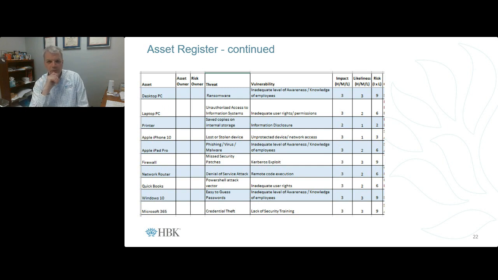But so again, the scale you use is up to you. I've seen a 3-scale risk with high, medium, and low. I've also seen a 5-scale risk where it's like high, medium, low. So it's up to personal preference. Do you want to do a 3 or a 5? You can even do a